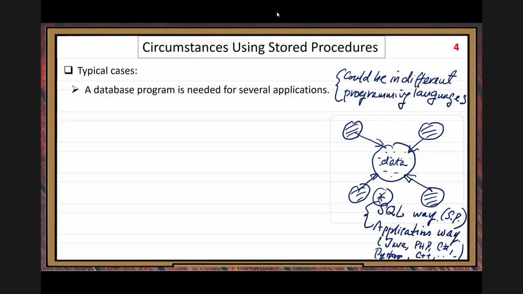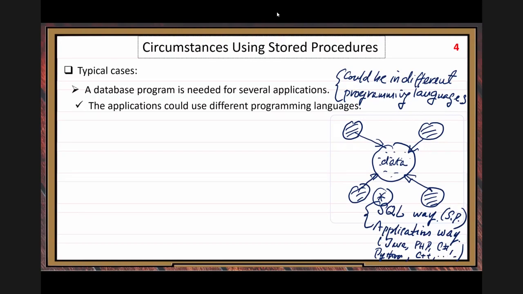So when you switch from one programming language to another one, it's easy. You call the same remote stored procedure. So that's one big advantage. So here I give you one situation about the big advantage of using stored procedures. Another big advantage.